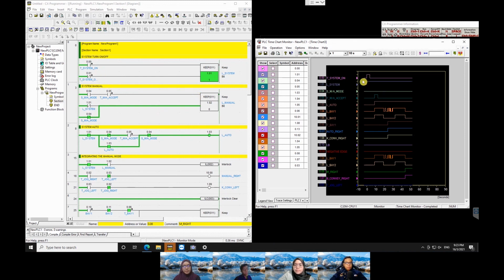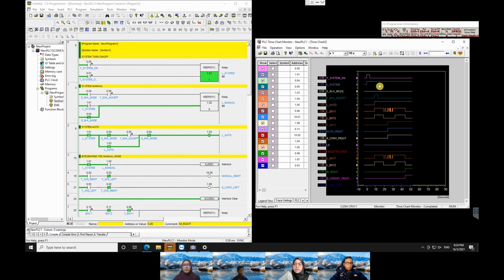Okay, so when I give the force, turn on the L system, it will go up. Okay, has a 1, and then I need to turn off the push button. Okay, but then the L system still goes up, has a 1, because when we don't turn the push button off,